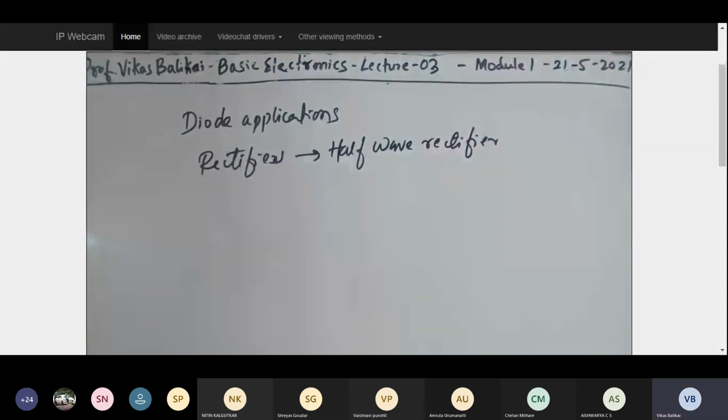As you have already told me the basic definition of this rectifier, how exactly it's going to work in my introductory class, today we are going to have a small discussion of this rectifier circuit, how exactly it is going to work, a little bit of mathematical analysis and all those things. Fine. So the basic circuit of my half wave rectifier.